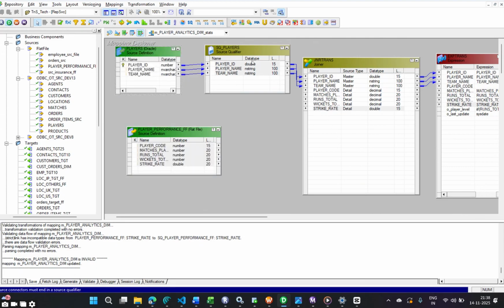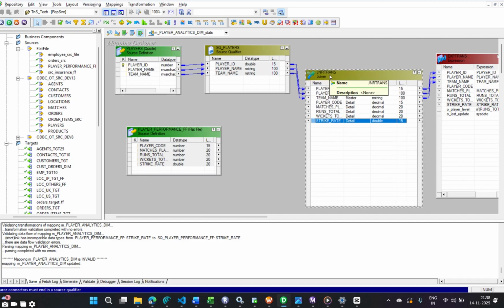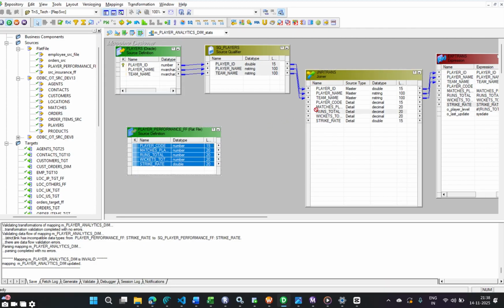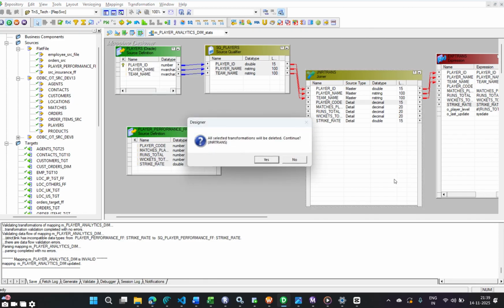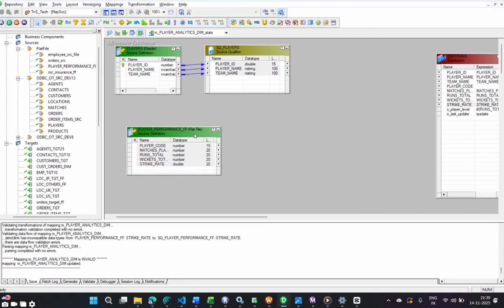Why is it not accepting? One second. Remove that joiner also. Okay, source qualifier itself. Let's delete this. And again,